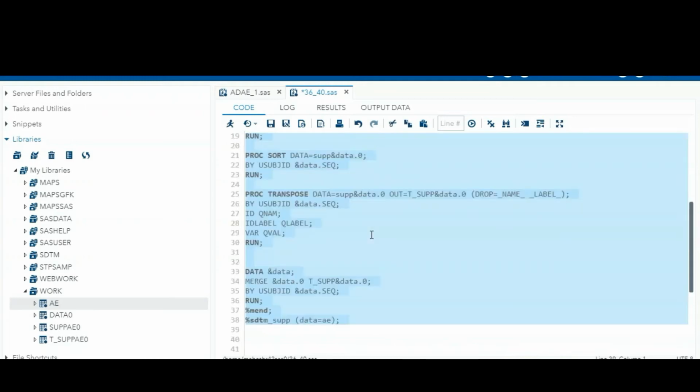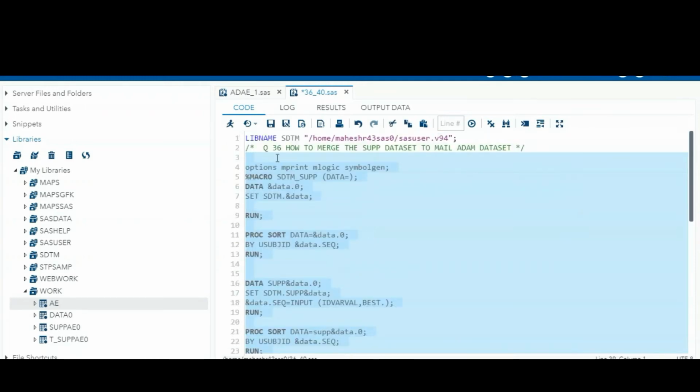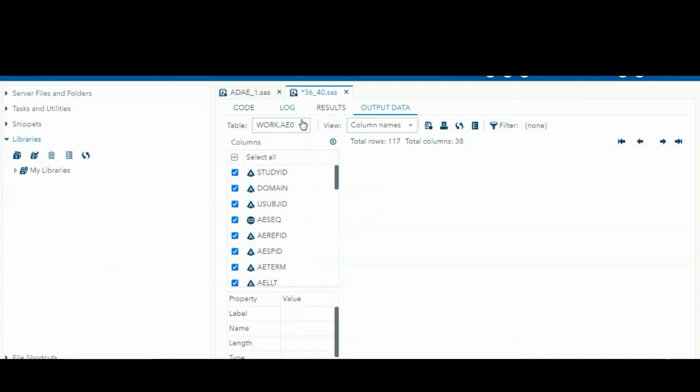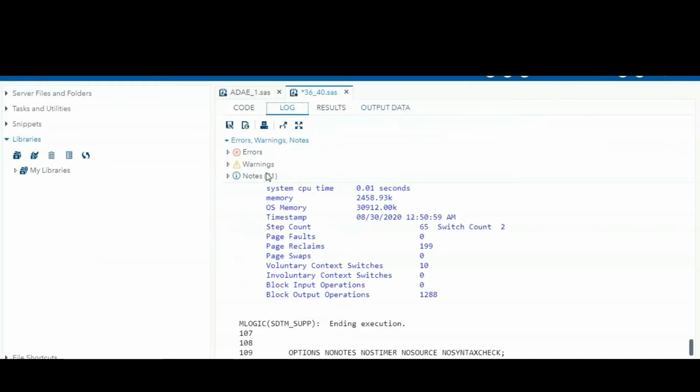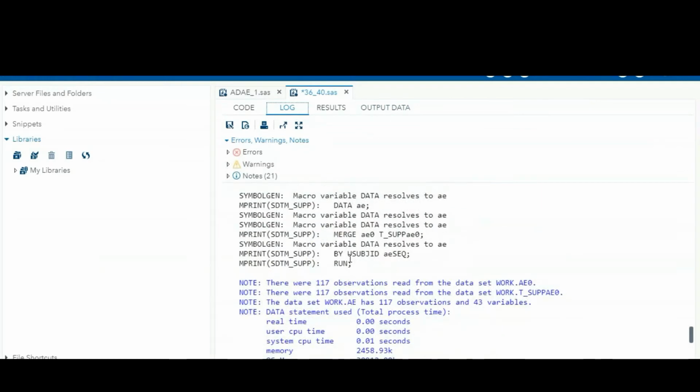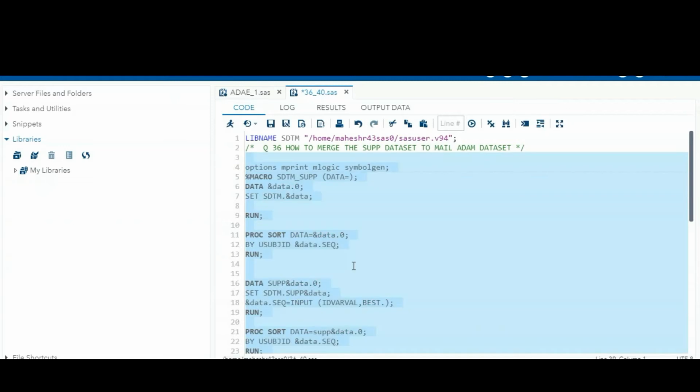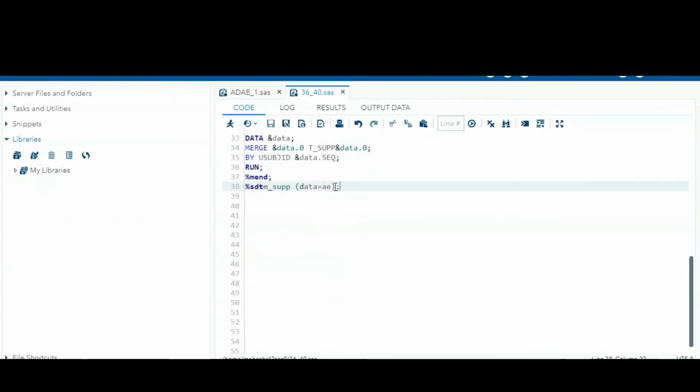I am passing the AE dataset now. The log shows no errors, no warnings. It is executed perfectly. If you want to call another dataset, you can simply call the dataset name, whether it is the supplementary of DM, AE or SCR, any dataset.